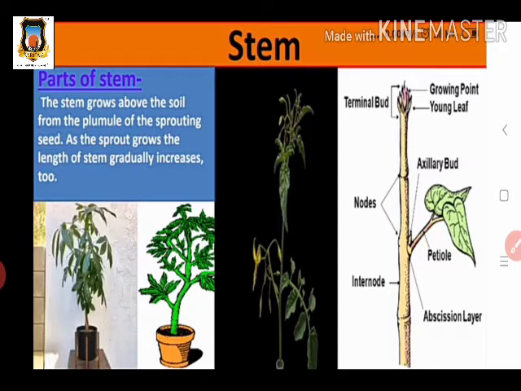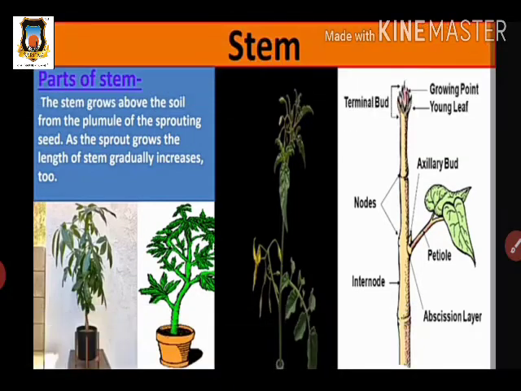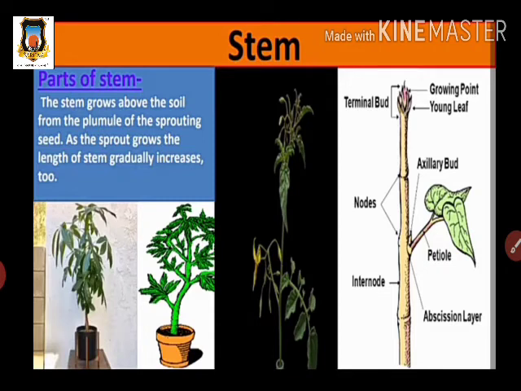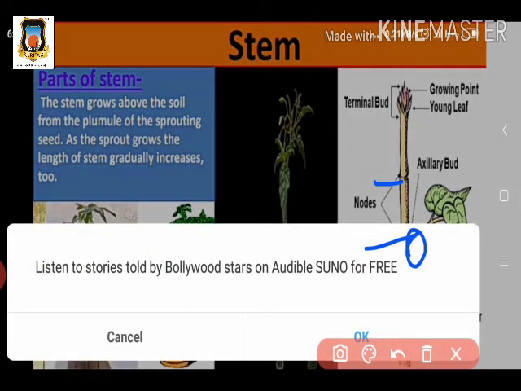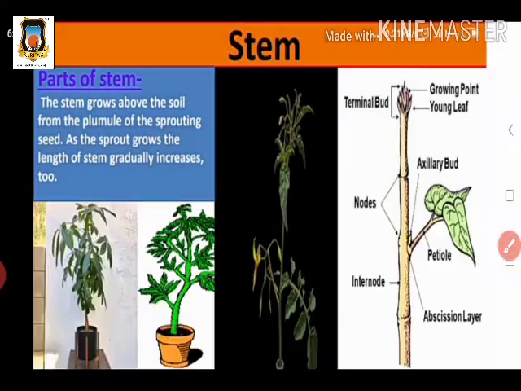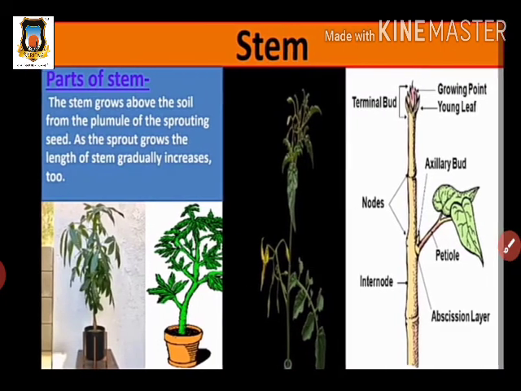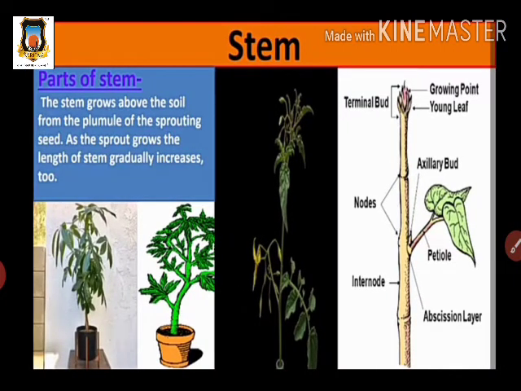So if we see the structure of this plant, which parts does it have? There are nodes present on the stem. This part is called nodes. These are present on the stem, and leaves come out of the nodes. So where do the leaves grow? They grow at the point of the nodes. From this point of the nodes, these leaves grow.